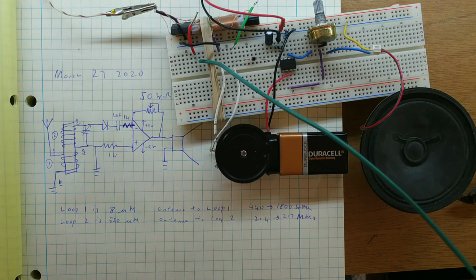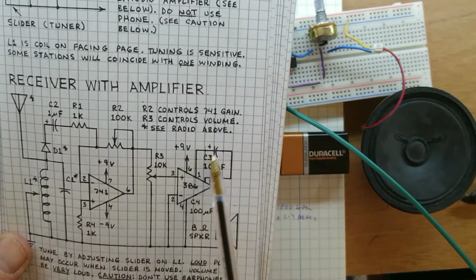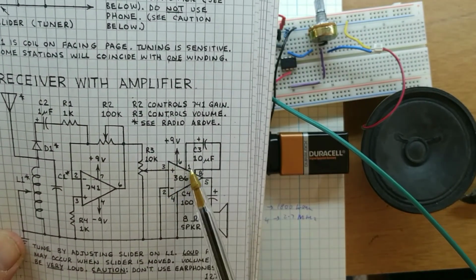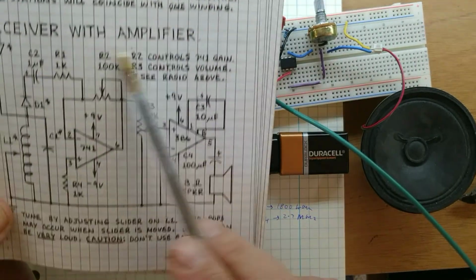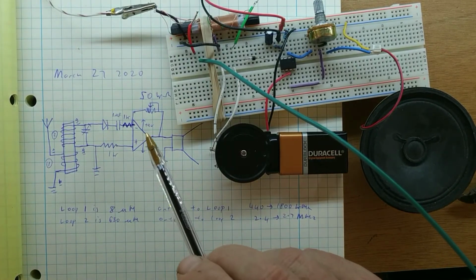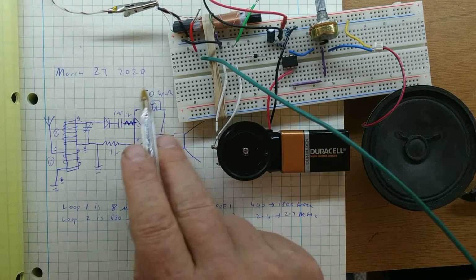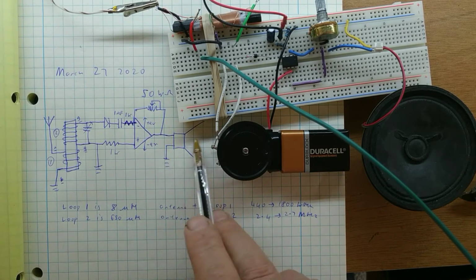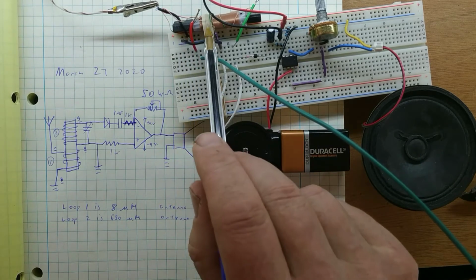I expect that when I add the 386 op amp, which is a power op amp, when I add this stage, I should be able to get rid of these grounds and have a cleaner signal that's amplified. Okay, I think that's all I need to be telling you. Let me see. Yeah, there's the circuit diagram. It's following the book. We changed this guy. That's the speaker. There's the speaker. There's my op amp. I use an elastic band to...